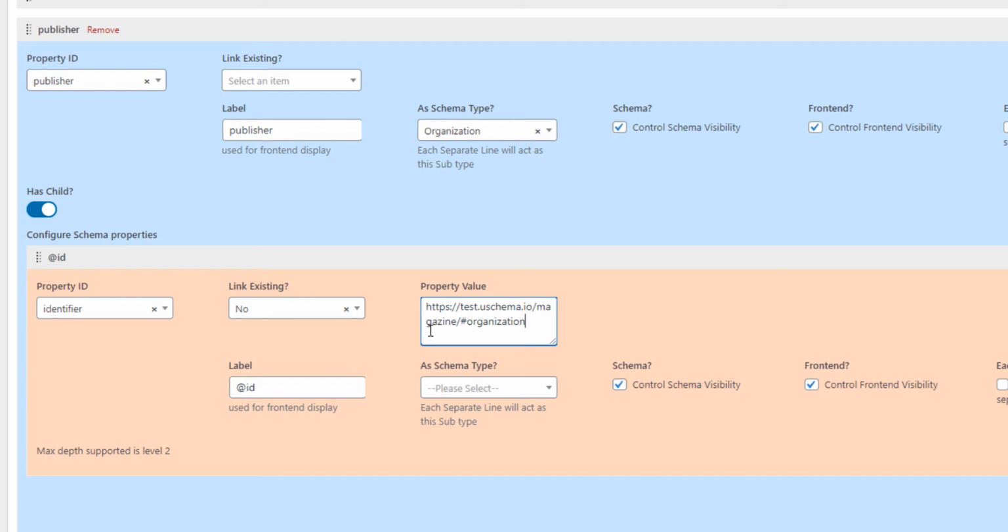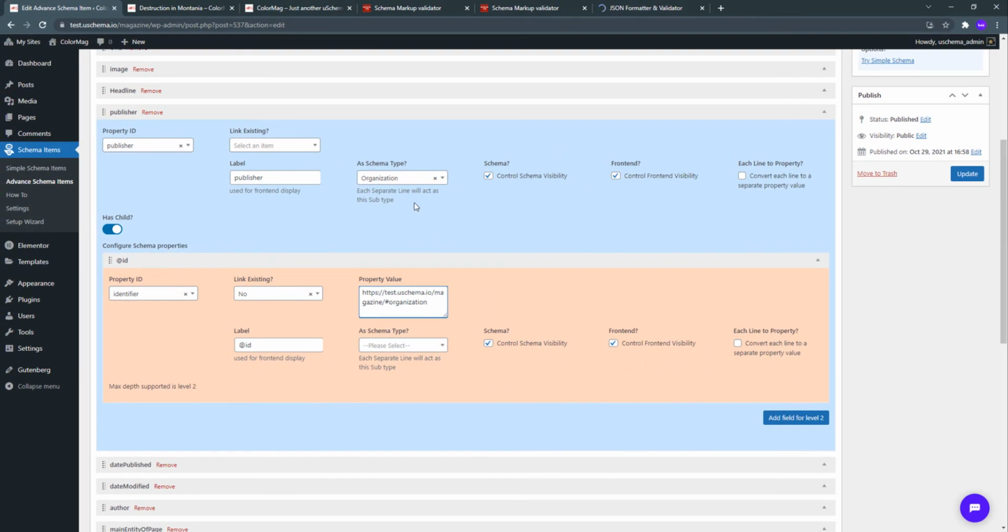Hope I'm still making sense. We are using this identifier to link all of the properties of organization to our article schema as organization. So let's update this one.